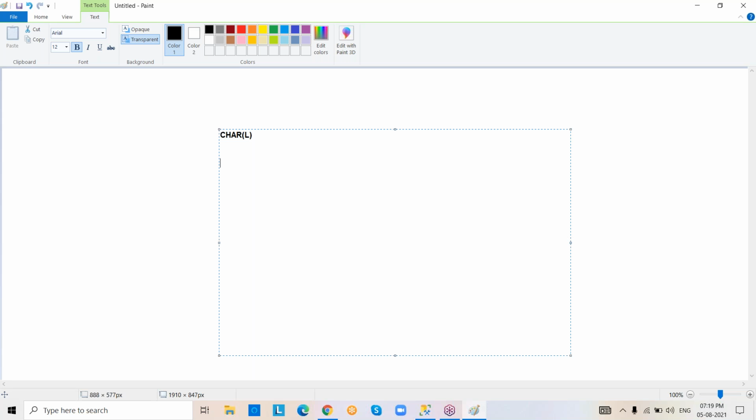This is known as fixed length character data. It accepts alphanumeric values. Alphanumeric means what? Mixing of characters and numbers comes under alphanumeric data.